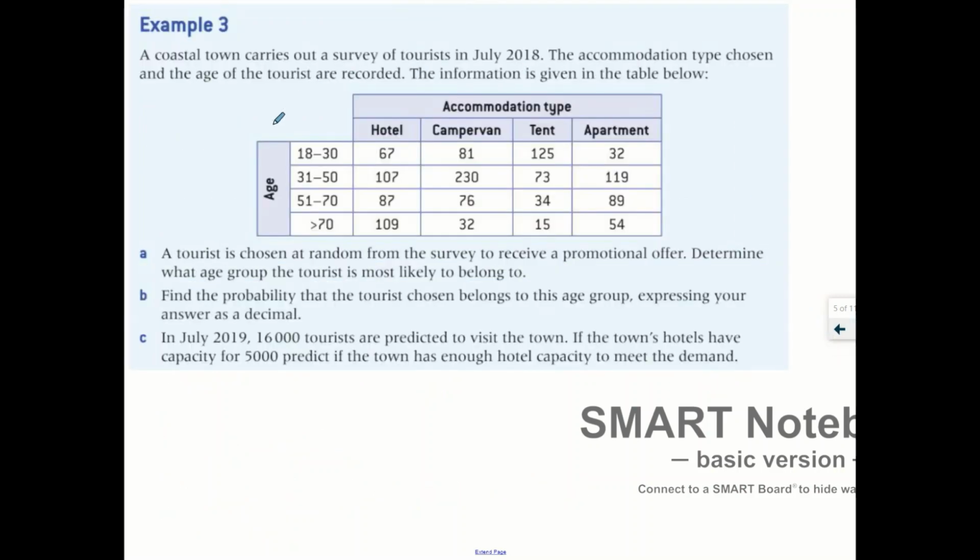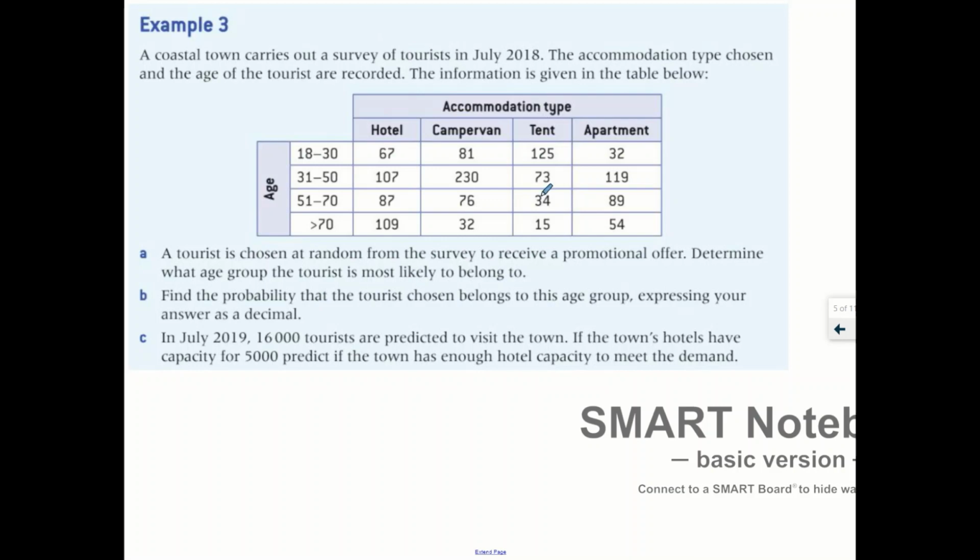This is a way that we can arrange data, a table. It's a bit more organized. It's grouped data, and these are the frequencies of each of those grouped data divided up. So have a read of the question. Having read through the question,